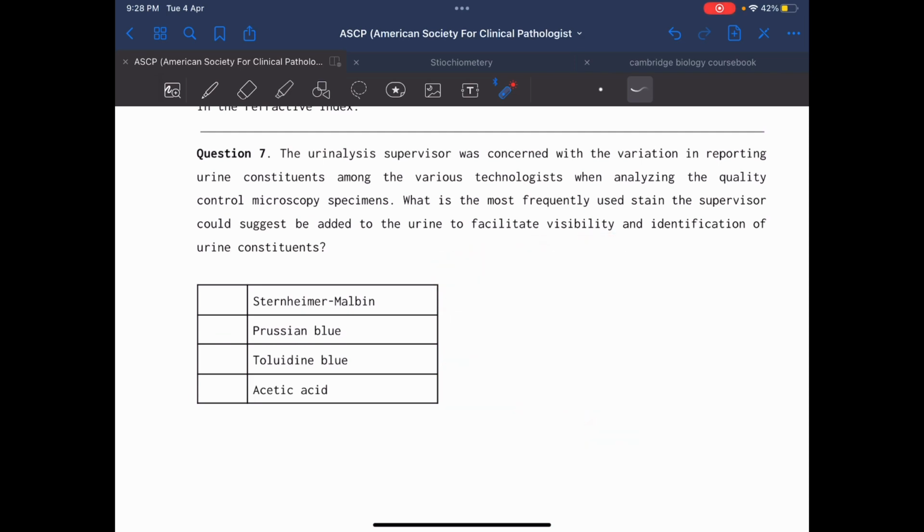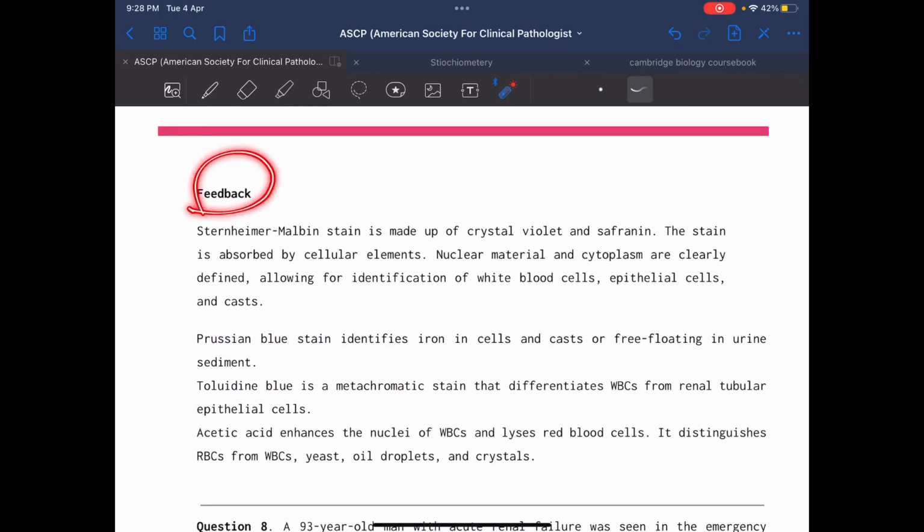So the correct answer is Sternheimer-Malbin, which is more frequently used for examining the sediment. If we see the feedback,